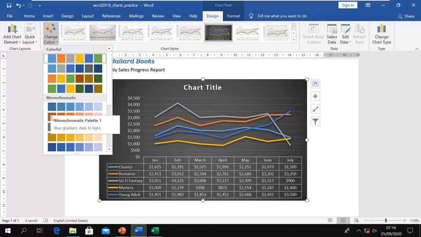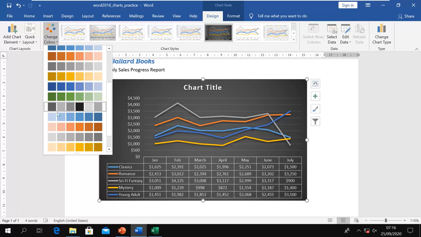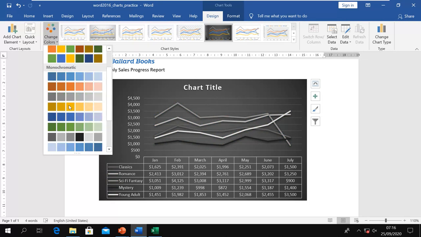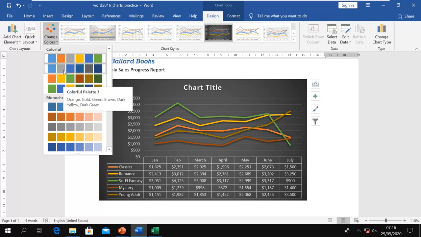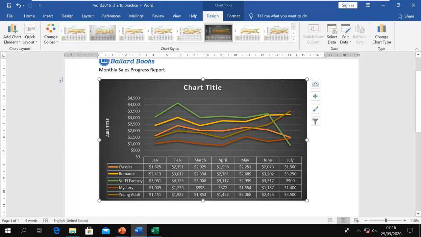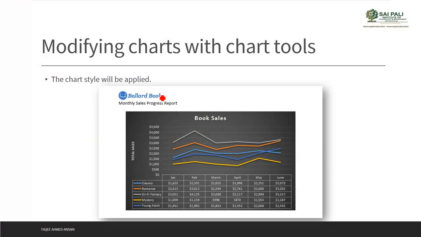Some more themes are there. So it is up to you what you want, you can decide, and then you can select what is good for you and what you like. I'll go for this one, more colorful. That is what chart styles are.